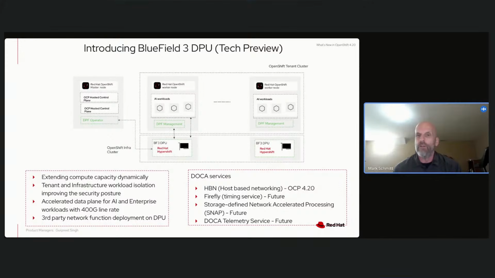The support is based on a new architecture which has DPF, which is NVIDIA's DOCA platform framework operator at the core. DPF is responsible for provisioning and lifecycle management of the DPU. The key benefits to a customer deploying BlueField-3 can be summarized as data plane acceleration, security isolation, and dynamic